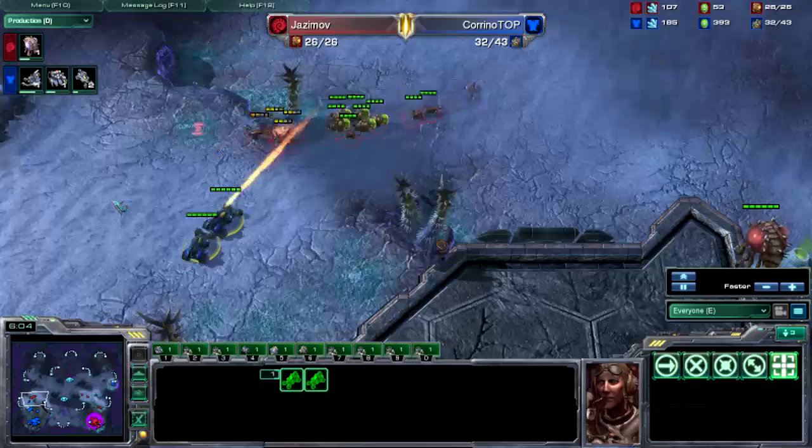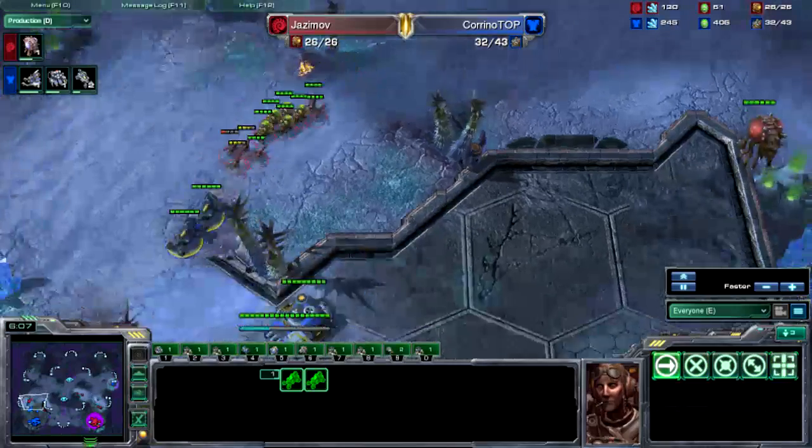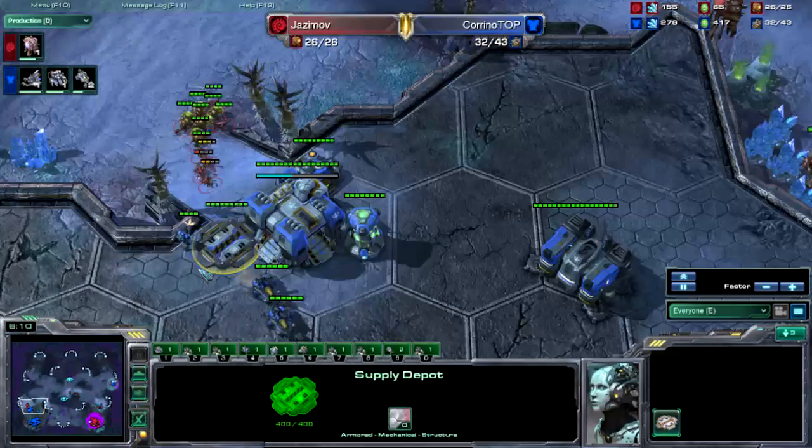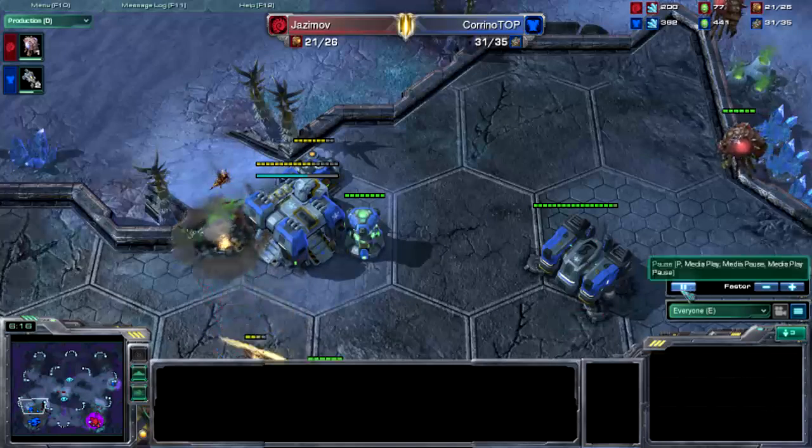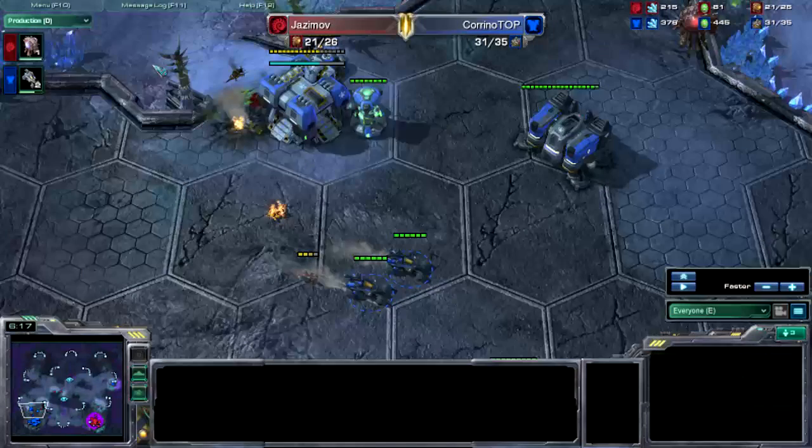So here he comes with his attack. I go, okay, I'm getting Baneling. I did not know he was Baneling busting at this point. So, okay, I'm pausing right now to explain this. It takes 6 Banelings to kill a supply depot. 6 Banelings. Okay? So, once you only see 6 Banelings, you have to assume your supply depot is going to